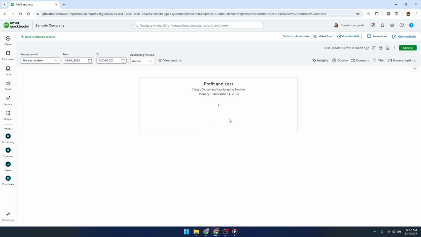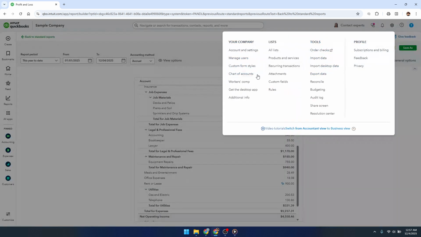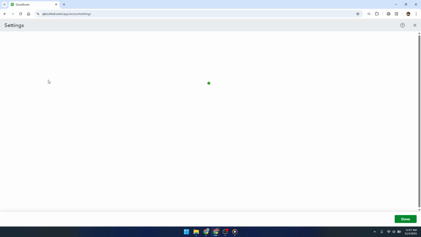Finally, you'll perform your month-end close. Go back to the gear icon, then into Company Settings and open the Advanced section. Under Accounting, choose to close the books. Check the box to enable closing, and enter your closing date as the last day of the month you just finished. This locks that period so no one can change it without a warning, which helps protect the accuracy of